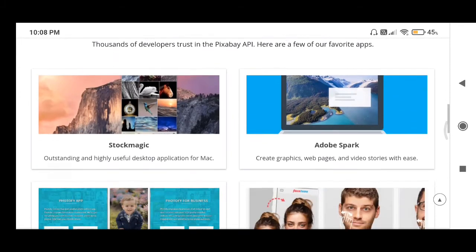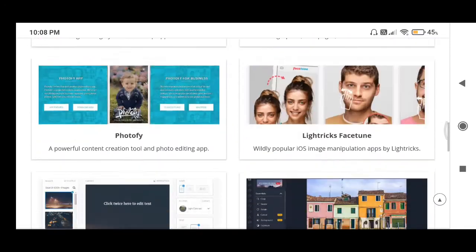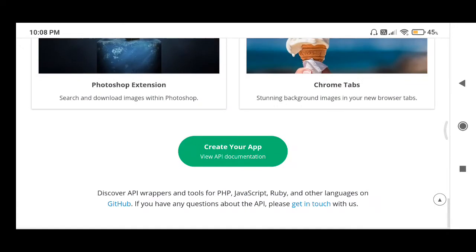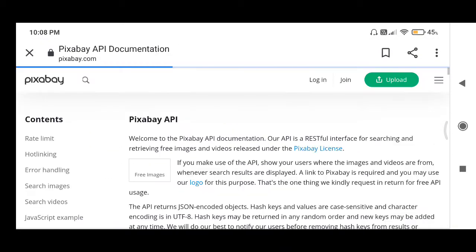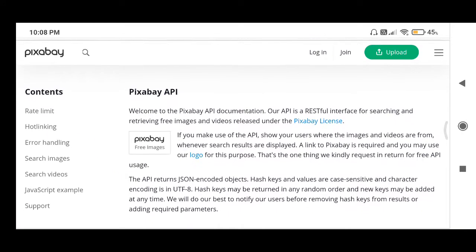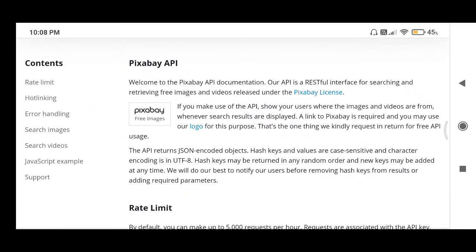Now first we are going to get started, which means we are going to view the API documentation. This uses a RESTful interface for searching and retrieving our free images and videos.